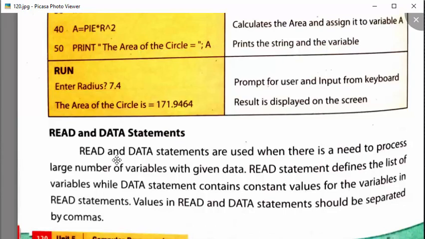We are going to study the READ and DATA statements. READ and DATA statements are used when there is a need to process a large number of variables with given data. The READ statement defines the list of variables, while the DATA statement contains constant values for the variables in the READ statement. You utilize both of these according to your need.